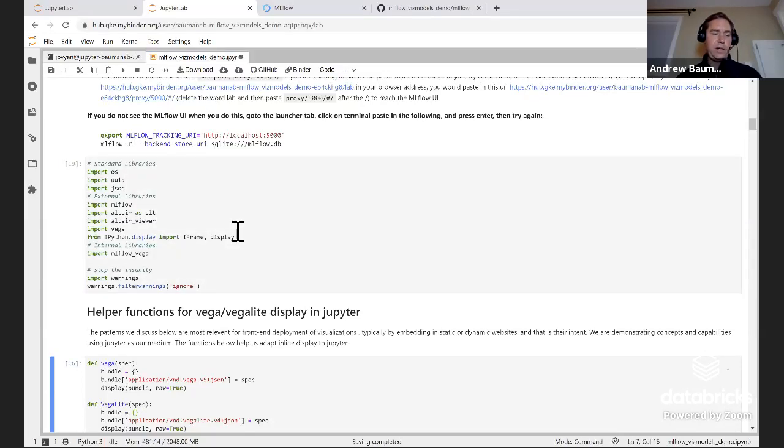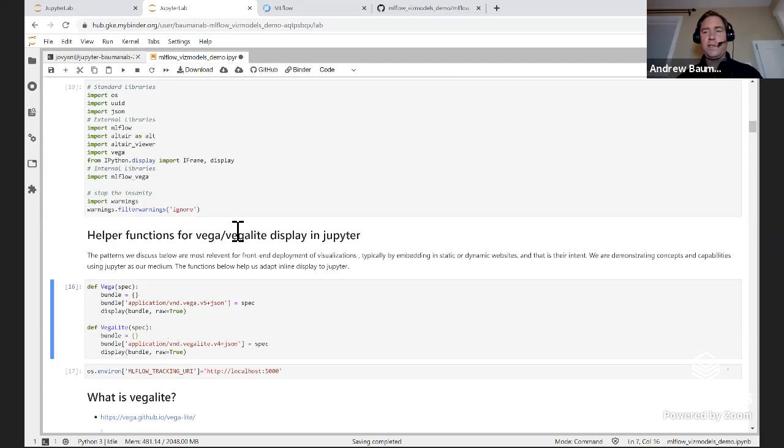I should mention here that what we're doing is actually intended for up to production-level front-end deployments. And we have done front-end deployments with this. It's not actually meant for visualizing in a Jupyter notebook, although we can. So I have some helper functions that help us do this, but typically what you would be doing is delivering